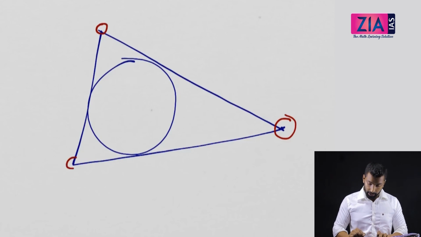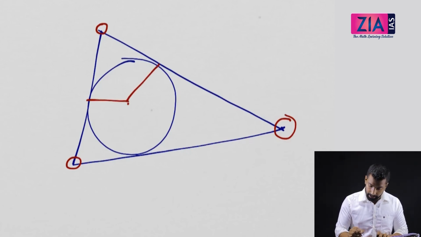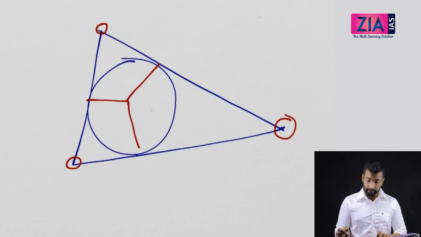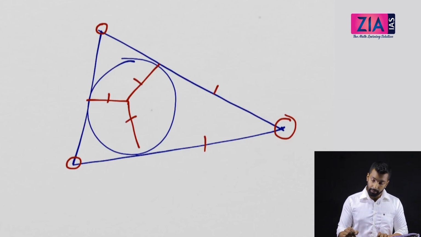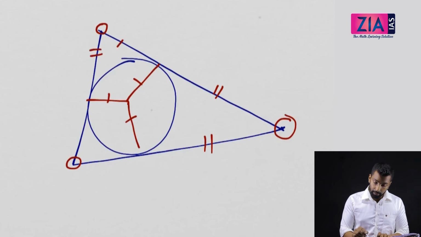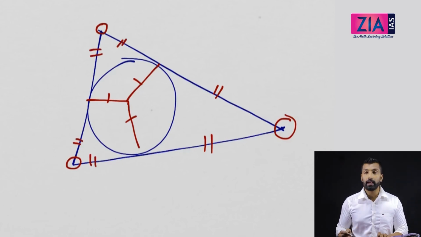These are the 3 points. So the moment you see 3 points, you join them, and what you get, you just combine it with the radii. Here you have the radius, you just join with the radius. You are actually getting 3 kites, right? In these 3 kites, you know these 3 are anyway equal because that is nothing but the radius, and these 2 will be equal, these 2 will be equal, and these 2 will be equal.